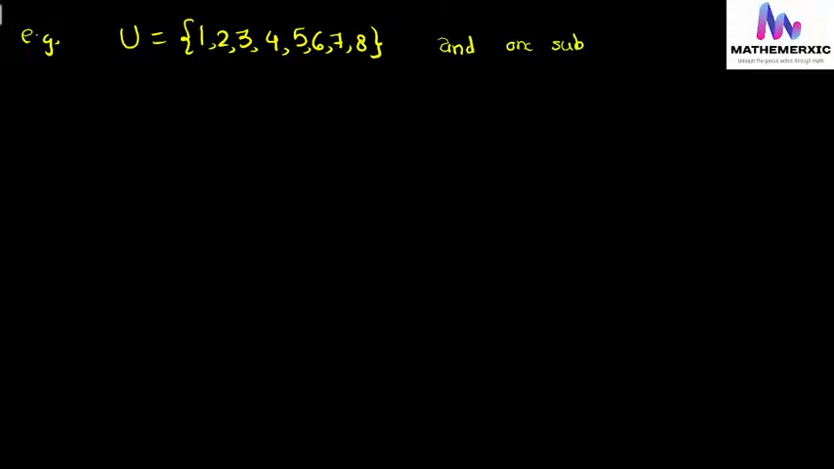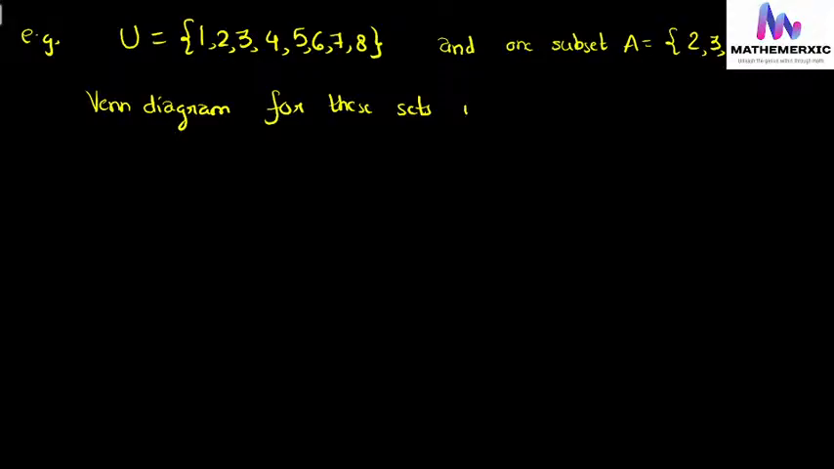So let us take a very small example where we have U having elements 1, 2, 3, 4, 5, 6, 7 and 8, and one subset E is 2, 3, 5, 7. So the Venn diagram for these sets is,